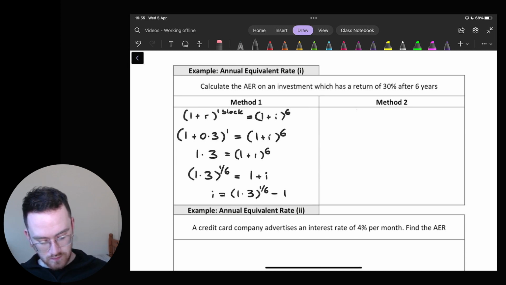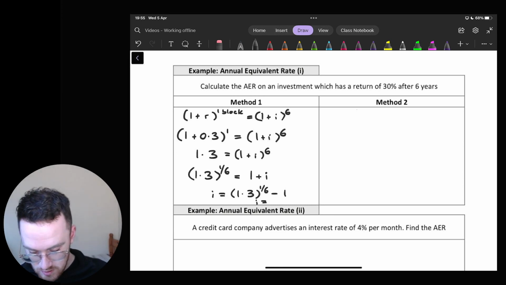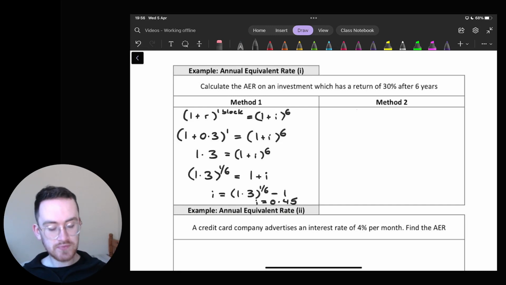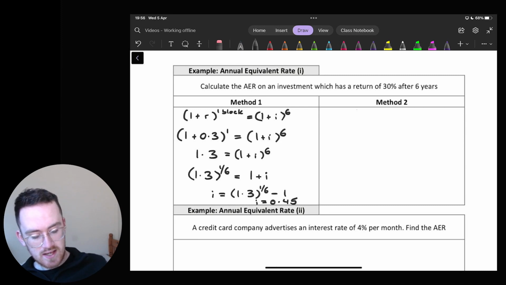Minus 1. So I is equal to 1.36 minus 1, which is 0.45. Now the other method we have is that the return